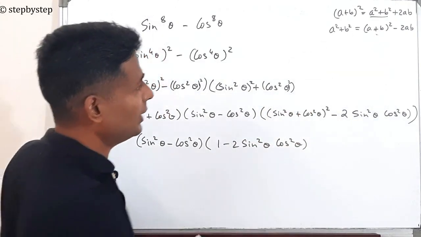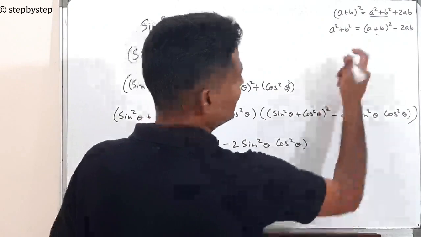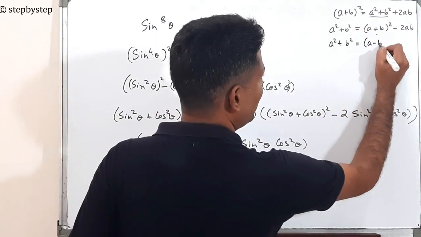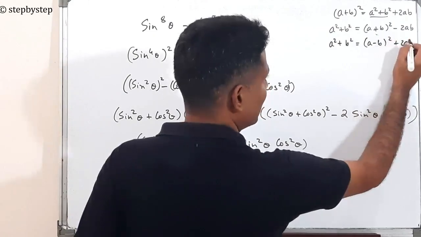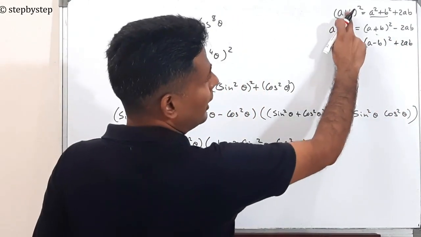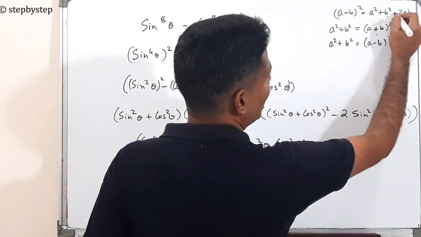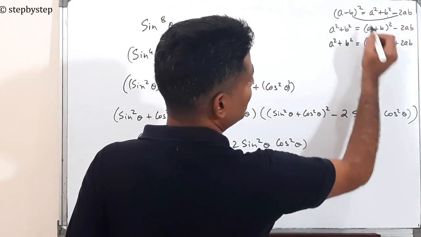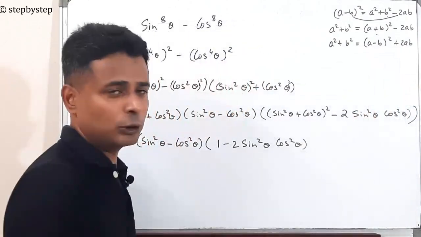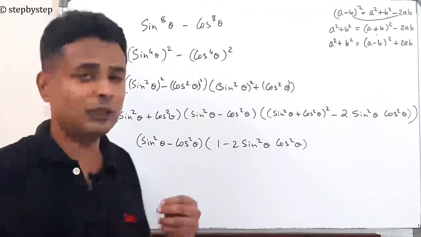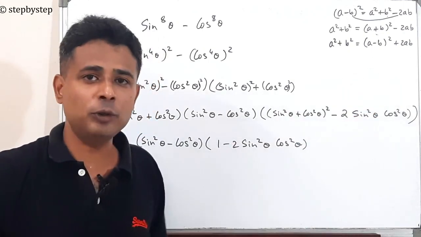And remember guys, you can use this formula as well as you could have used a square plus b square equal to a minus b whole square plus 2ab. Do you realize how we get it? A minus b whole square is a square plus b square itself, but here it will be minus 2ab. So when I transpose this here, it becomes plus 2ab. So a square plus b square has two formulas. You should realize which one of them to use.